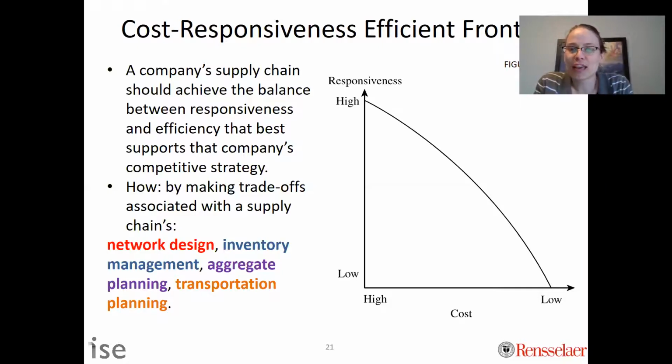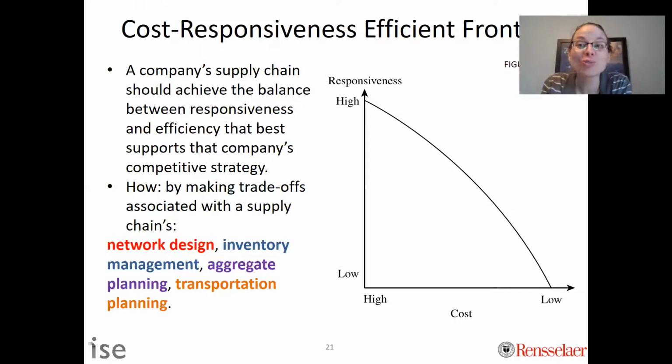And so if your company is supposed to be responsive, you will have a different network design. A good example of this is Amazon. They have tons and tons of locations because they want you to get your stuff in a day or 2 days. Versus a low-cost provider: they're not going to have as many facilities. They might not have as much demand built up, but they are willing to give you a cheaper price, but not as good of service, right? And so it's really important.